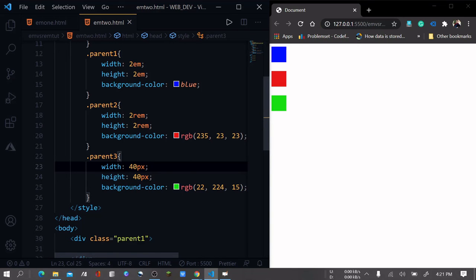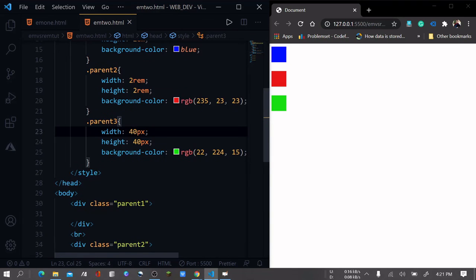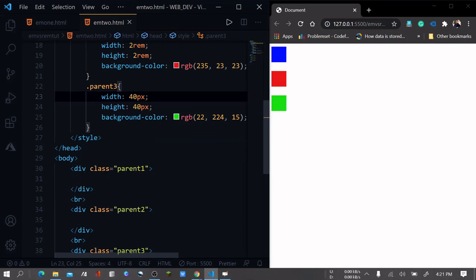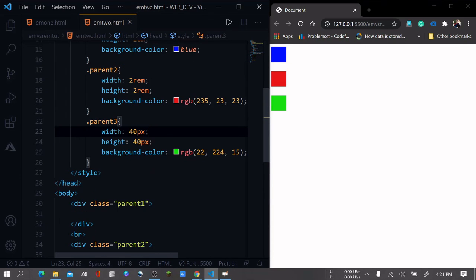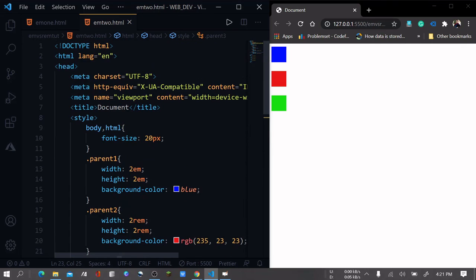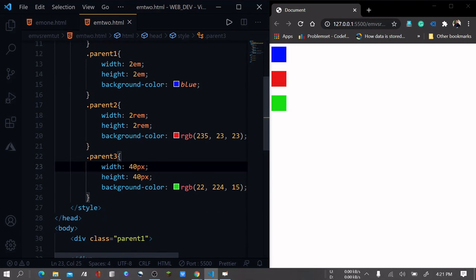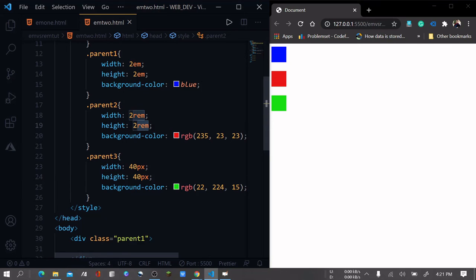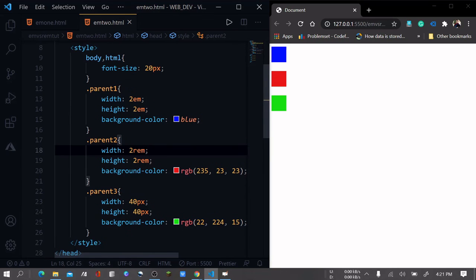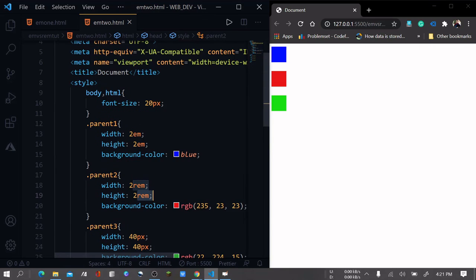So with this example, I hope you are pretty clear about the difference between em and rem. This is the basic difference, and now you can use em and rem freely in any example. What I suggest is that you use rem most frequently rather than em, because rem will always change according to the HTML document.